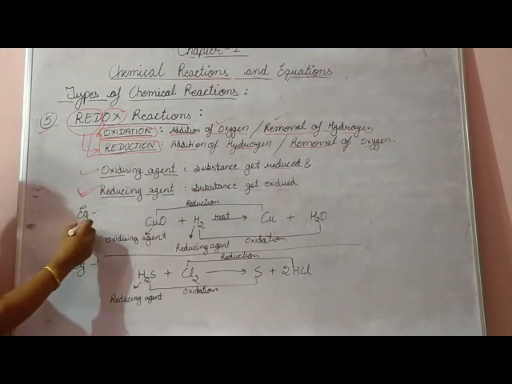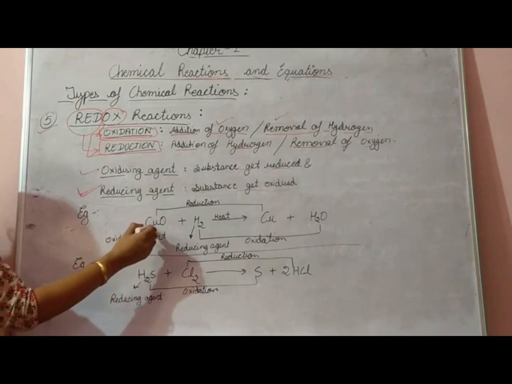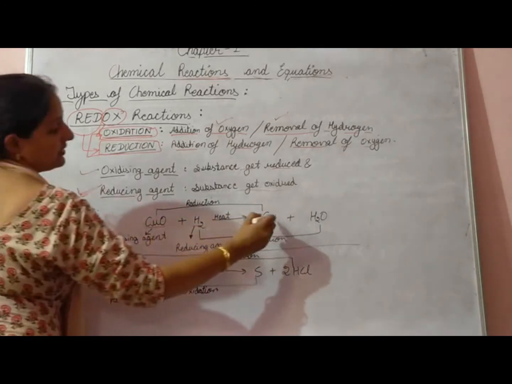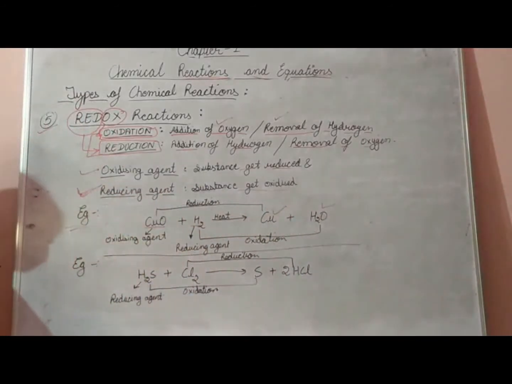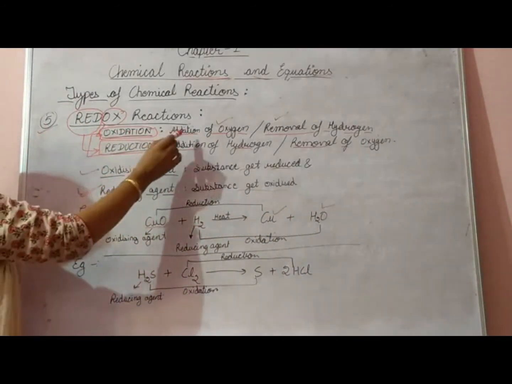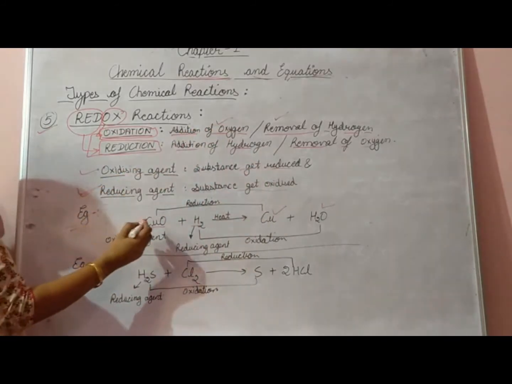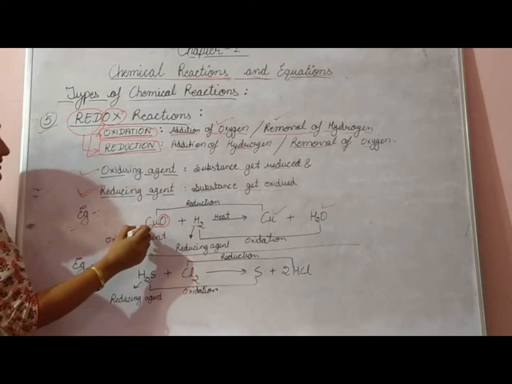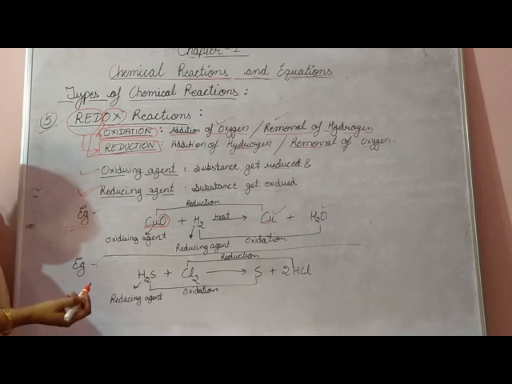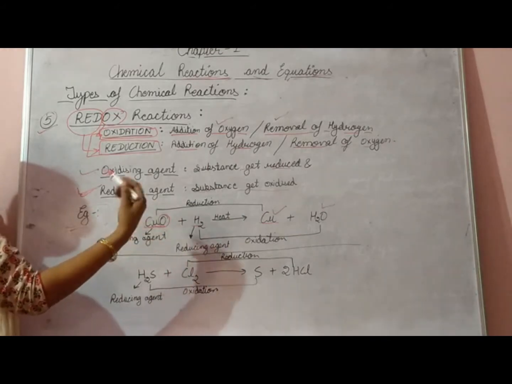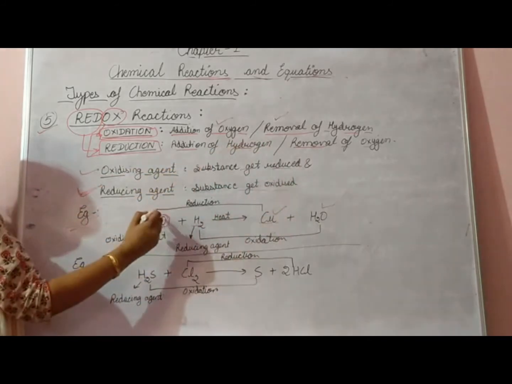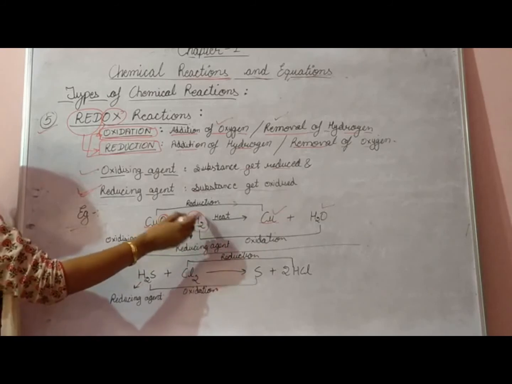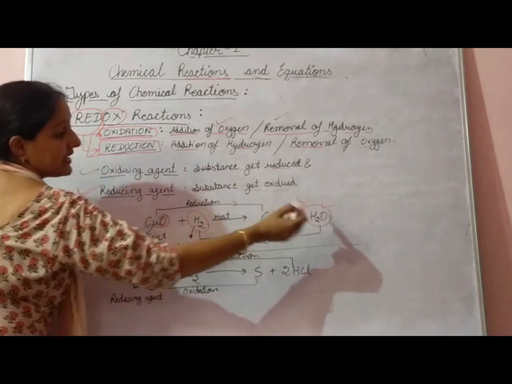Let's study this with the help of an example. The very first example, let's suppose copper oxide and hydrogen. When they react, that will lead to copper and water. Now here, what we have studied is the addition of oxygen or the removal of hydrogen. From copper oxide, oxygen is being removed. Oxygen was present at the reactant side but is absent at the product side. So obviously oxygen is being removed, and we know that the removal of oxygen is reduction. So this will be the reduction process. Second one, hydrogen. Here no oxygen was present, but here oxygen is being added to it.